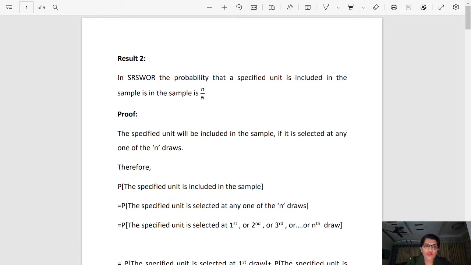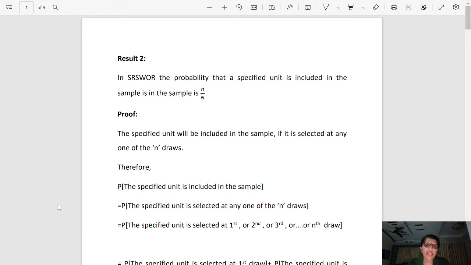In the last lecture, we saw sampling theory, types of sampling and one result. Now we see the second result. In SRSWOR, the probability that a specified unit is included in the sample is n by capital N. And the proof of this theorem is: the specified unit will be included in the sample